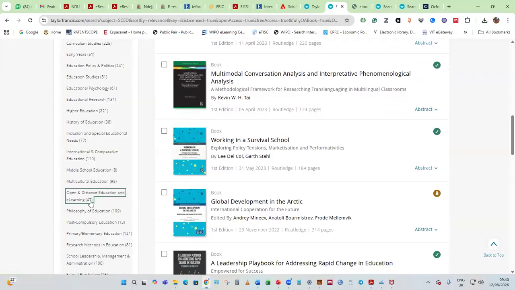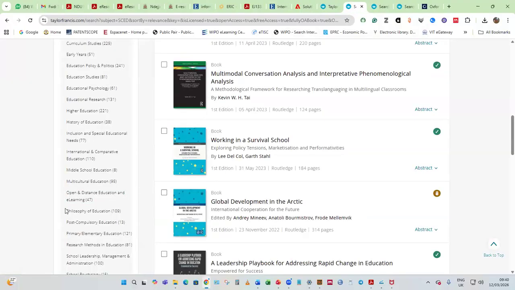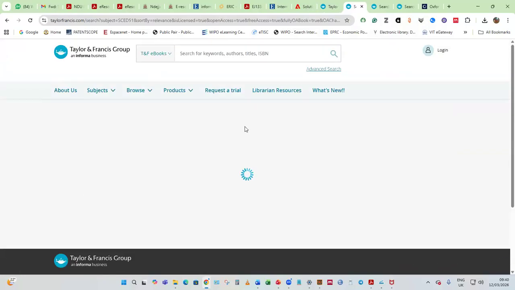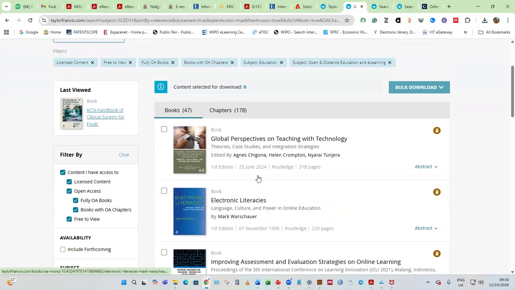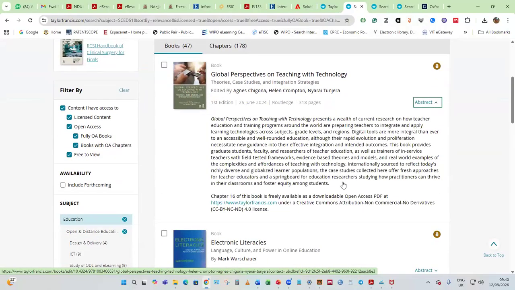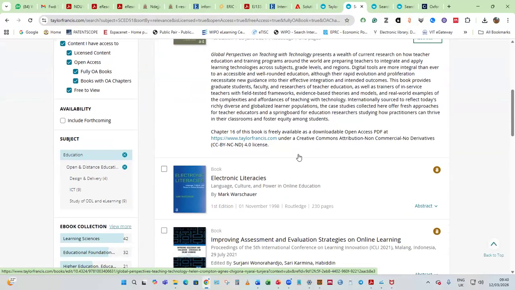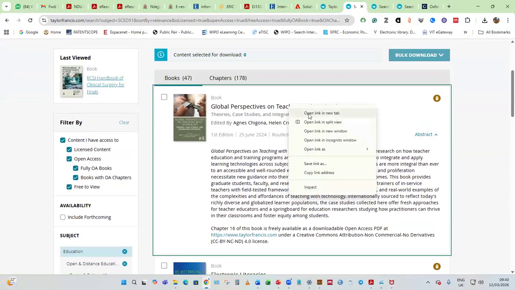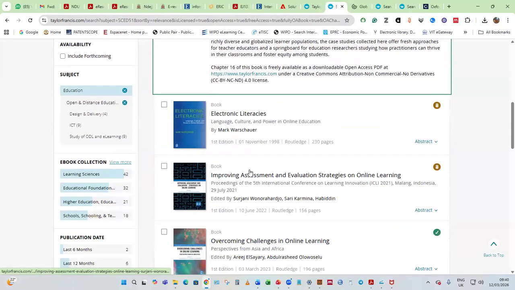For example, if we select open and distance education and e-learning, the database will display to us the 47 books, and then you can be able to view the abstract. The book is on Global Perspective on Teaching with Technology, published in June 2024. This is its first edition. If you want to access the whole book, you can right-click and open it in a new tab. If you are still interested in the long list here of other books,